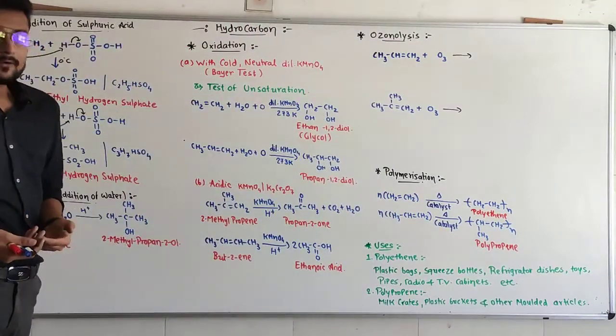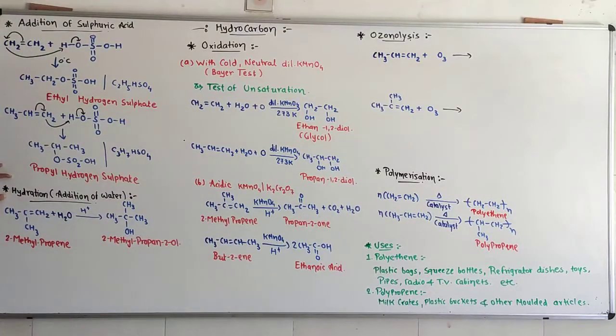Now let's talk about another addition reaction. That is the addition reaction of water, which is simply called hydration. It is totally opposite of dehydration. In dehydration, we eliminate water. In hydration, we add water. So suppose we have 2-methyl propene. It is an asymmetrical molecule. So the pi bond electron will be on the first carbon because this carbon is tertiary, and the tertiary carbon gets the positive charge. Why? Because the tertiary carbocation is more stable.